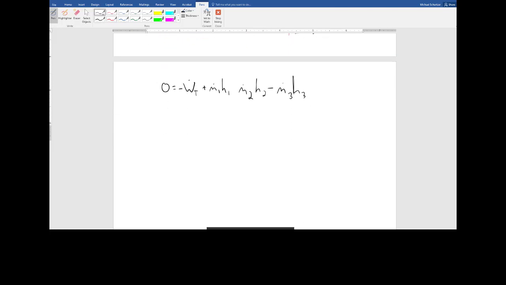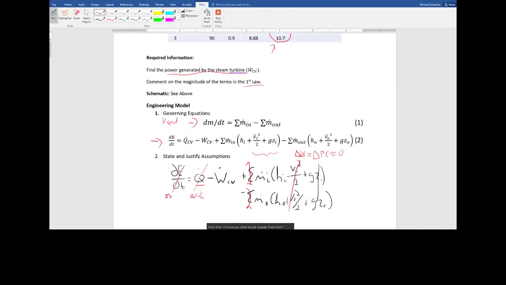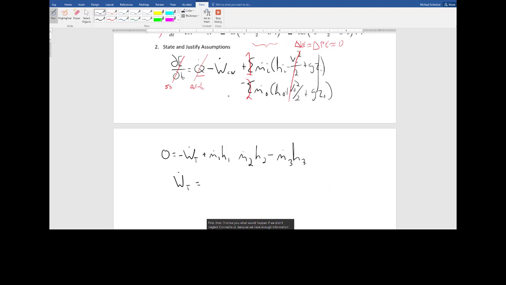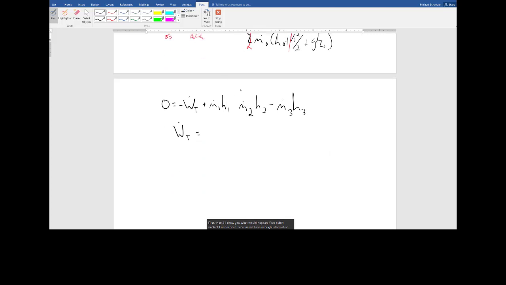Or that this thing that I'm looking for, the power from the turbine, is equal to, although we'll do the fast way first, and then I'll show you what would happen if we didn't neglect kinetic energy, because we have enough information here to include the velocities. So I'll show you what the base level of the equation looks like if we neglect kinetic energy. So this is going to be m dot 1 h1 minus m dot 2 h2 minus m dot 3 h3. This neglects